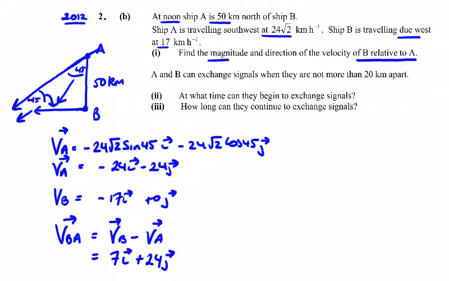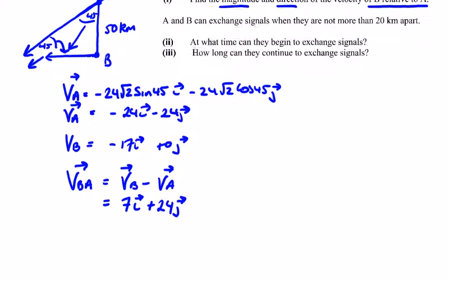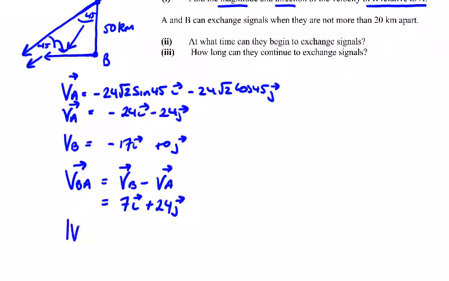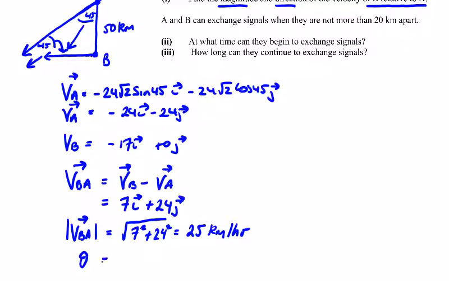And we're asked for the magnitude and the direction of the velocity. So the magnitude of the velocity of B relative to A, this works out evenly. It's going to be 25. 7 squared plus 24 squared is 625. So 25 kilometers an hour for the relative speed, and the direction is going to be,